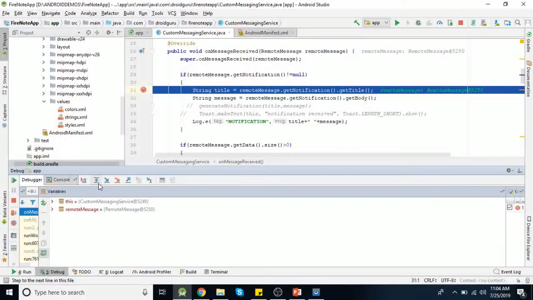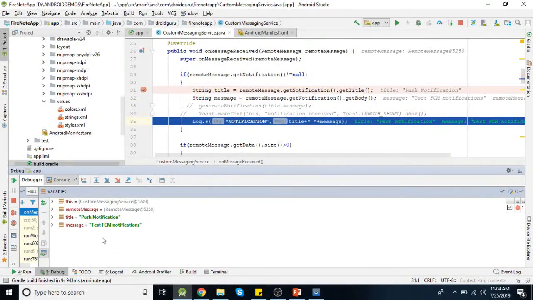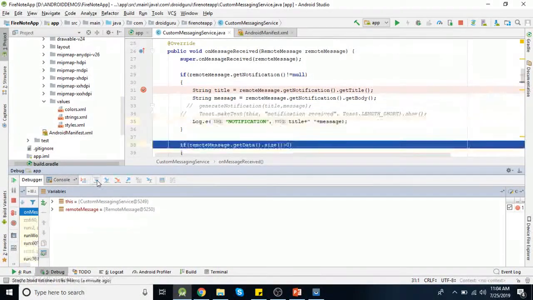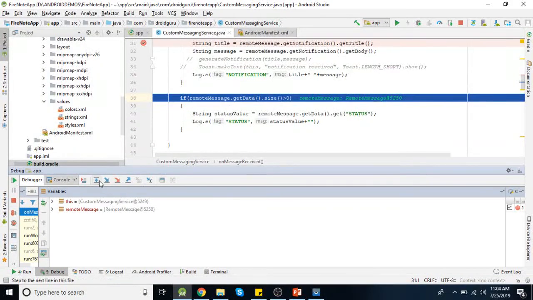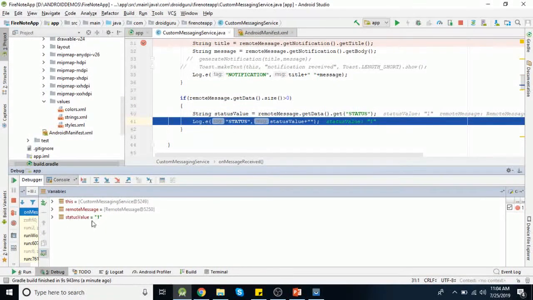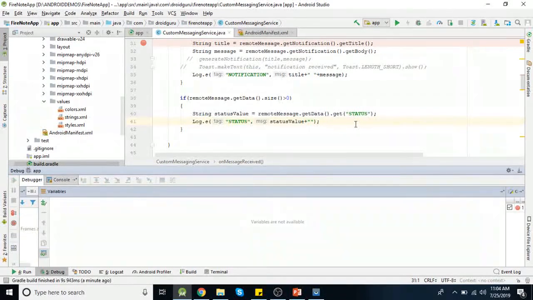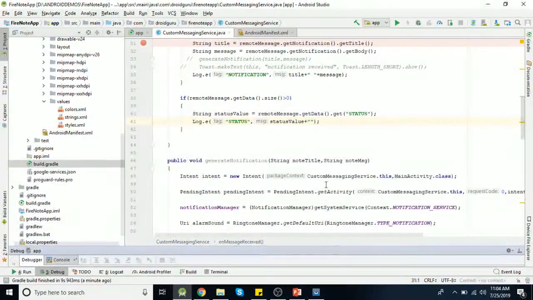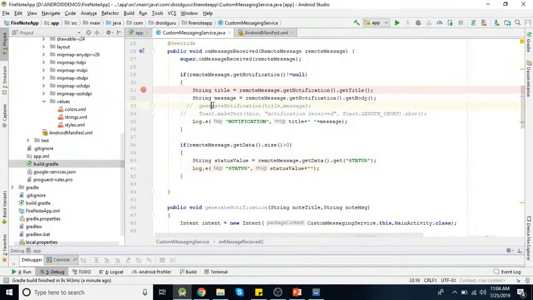So title and message. Then if remote data dot get data size is greater than 0, then you can see status value is 1. And later you can use this value in a way, if you want to use it to determine some logic or anything, or you can simply show the notification here.